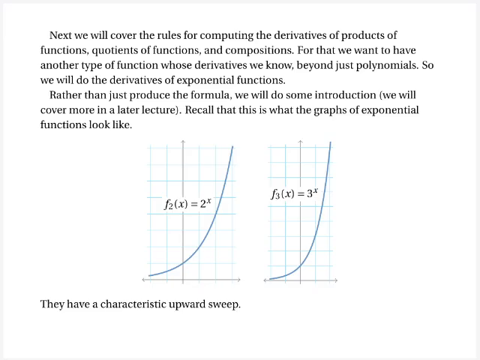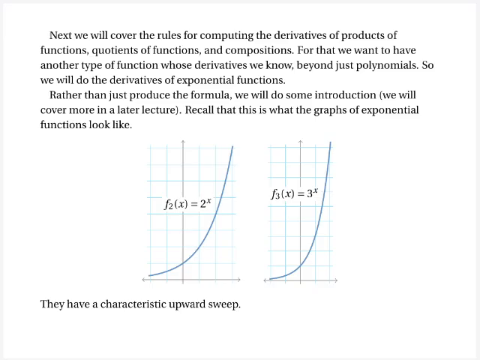is that I want those, the author of the book, and me included, want those to do homework questions in the next couple sections. So rather than just produce the formula for exponential function, I'm going to do a certain amount of hand waving. Right? And the derivation of the formula will come later, but at the moment I'm just going to do some hand waving. So I drew a graph of 2 to the x and a graph of 3 to the